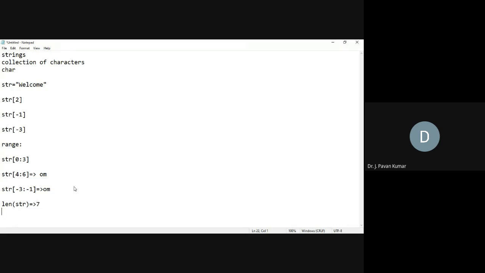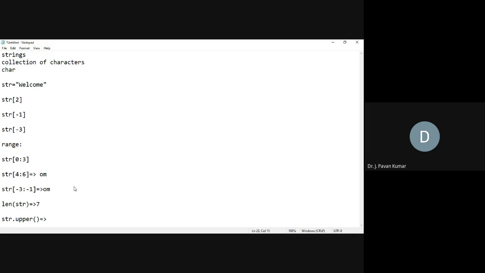Similarly, there exist several other functions related to strings. Suppose we are having welcome, where W is in uppercase and the remaining are all in small case. If you wanted to turn that entire thing into uppercase, then we can use string dot upper. This is the function string dot upper, so that it will convert this entire string into capital letters.